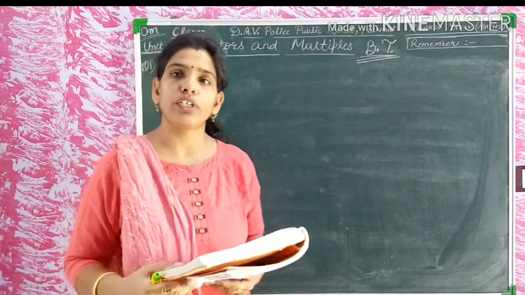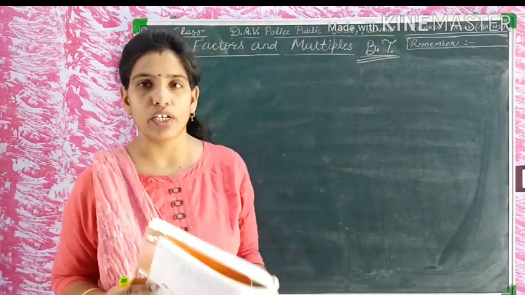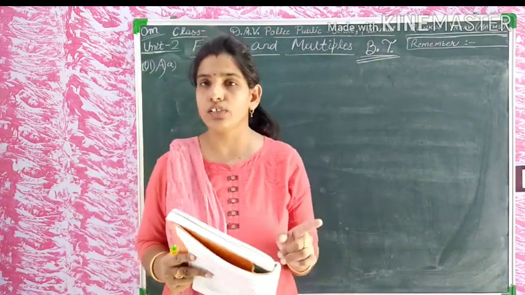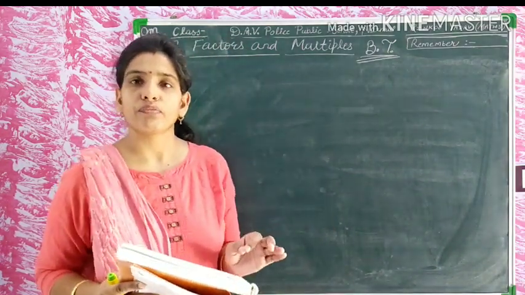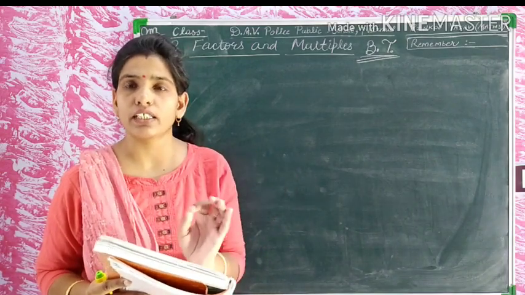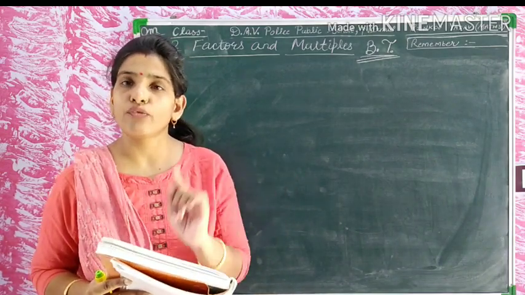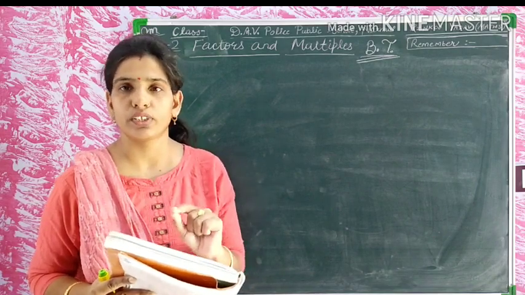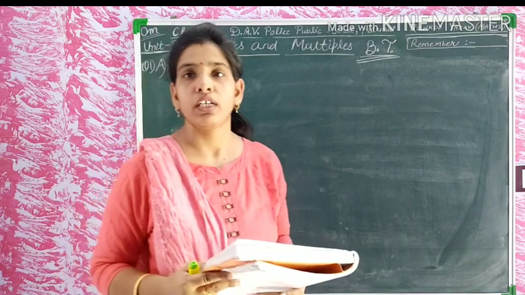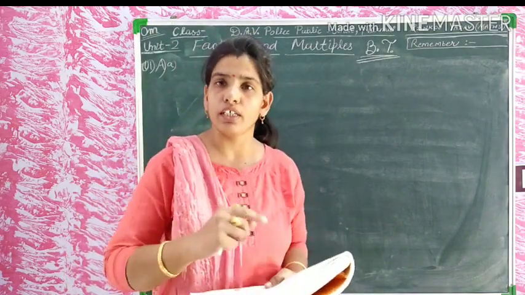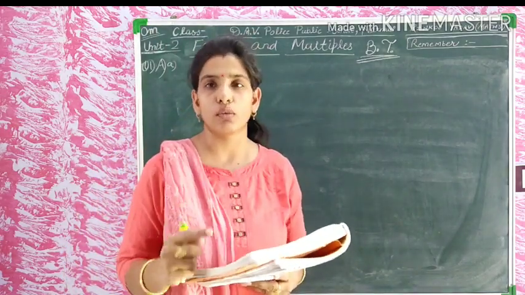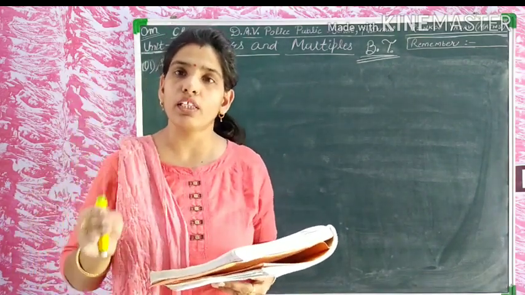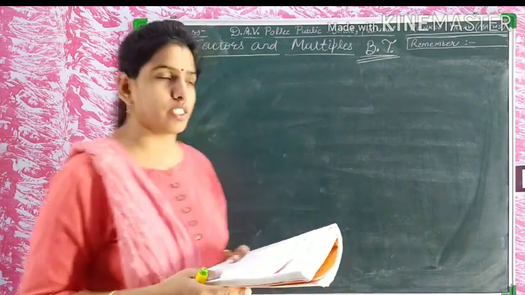Yes, so we will do here as we have already done in the value based question, question number 2. Here also they were cycling together. At which time they are cycling together, all the ones are with them. Now we are doing the same here, we are doing the least common multiple, because we have to find the multiple which is common in all the numbers. Is this clear students?